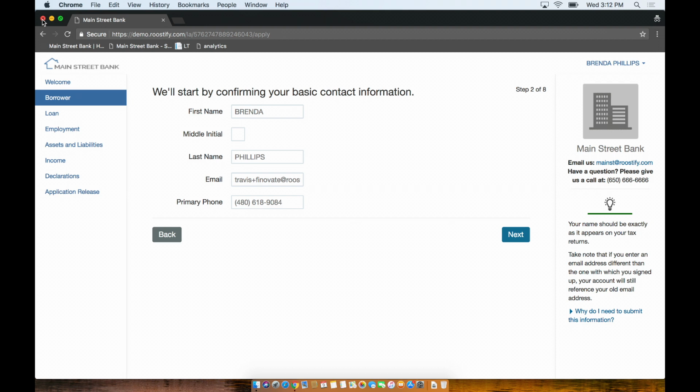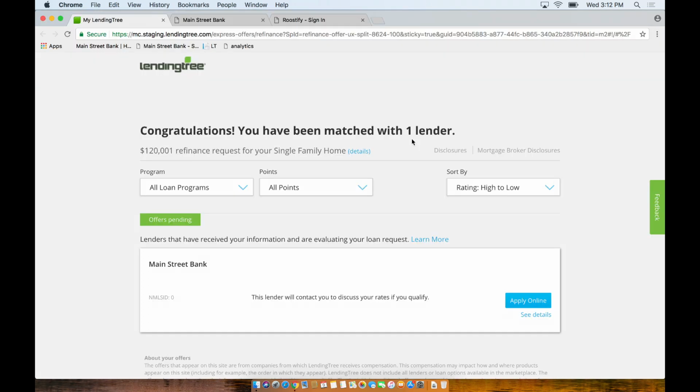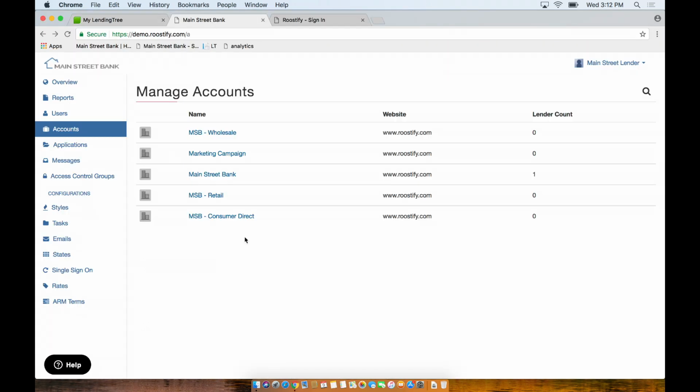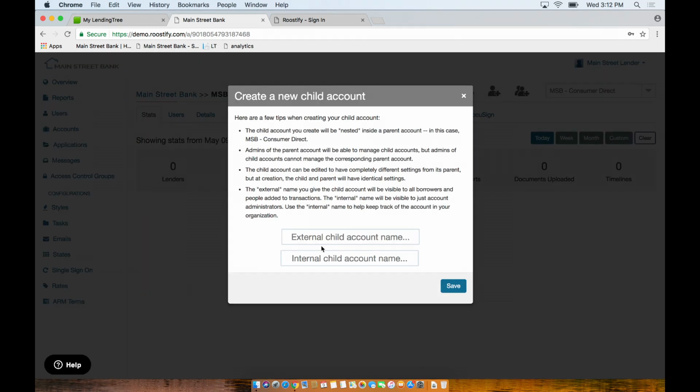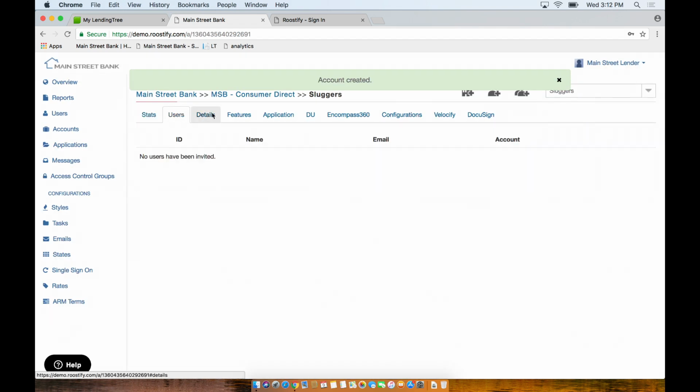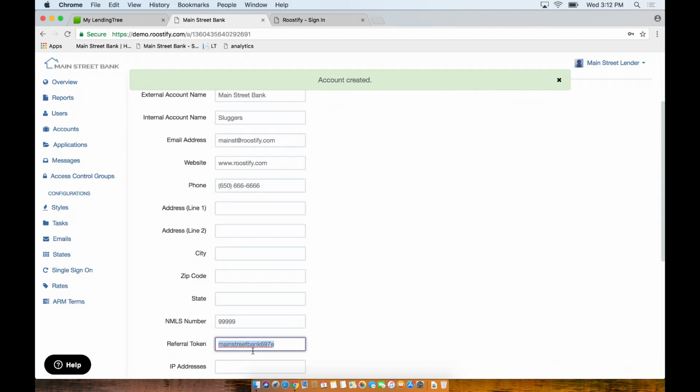So, this is all exciting, but what we want to show now is how our customers are doing this. We're going to take a look a little bit under the hood. Travis is going to show how our customers are able to spin up very quickly targeted campaigns to different consumers using Roostify. And they do so using our patent-pending dynamic account hierarchy. Customers are able to spin up very quickly a child account that inherits the settings and the styles of the parent, or they can have their own. They can talk to different points of integration as well.